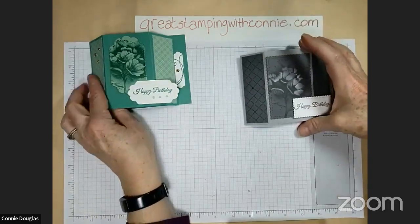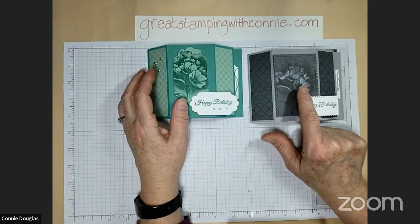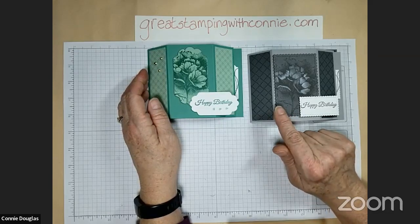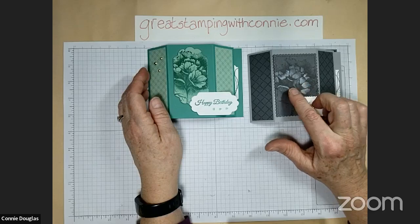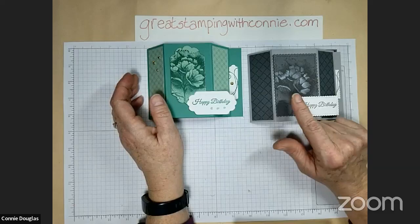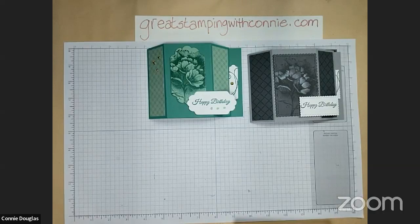The other thing that I did with this card is I stamped in basic gray ink on basic gray cardstock. And then I colored it with craft white ink, the white ink that we sell, and a blender pen. They don't give instructions, but as a demonstrator, we get the recipes, so the ingredients